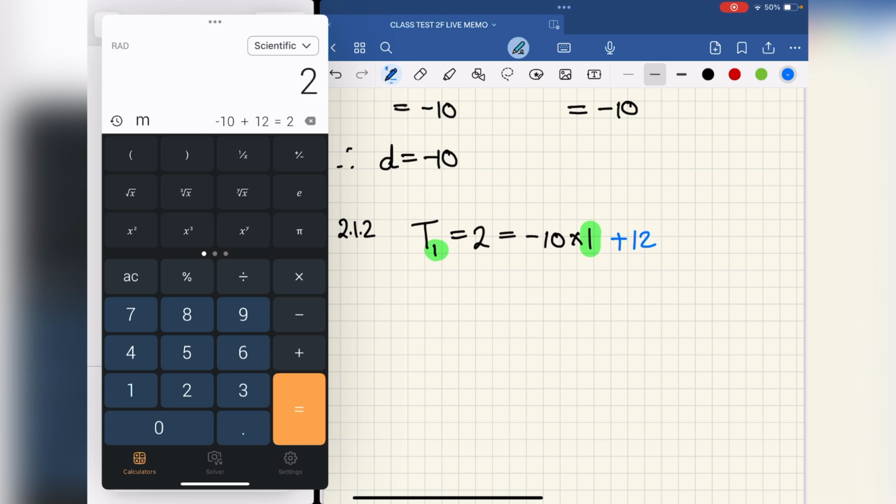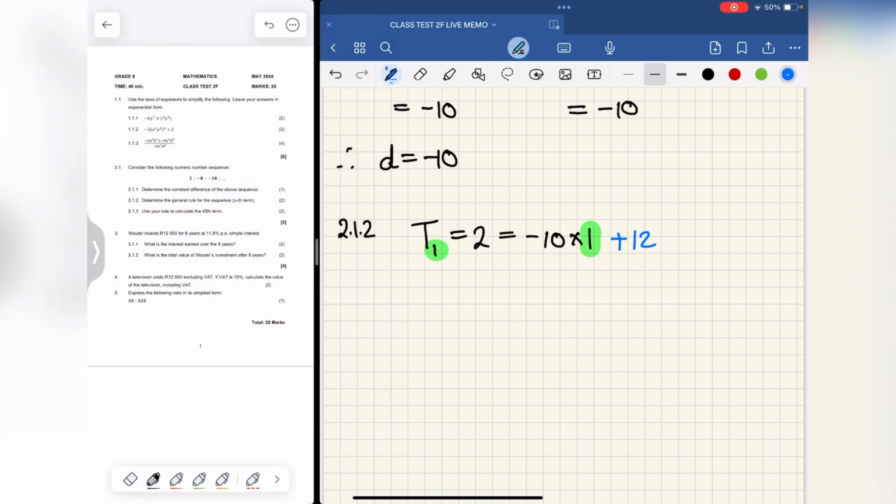okay, it's 2. Now, of course, I'm just making a silly example here, but that is more or less what a lot of you do. So I'm just showing it here, so you can play around with which number you must add to this to make it equal. In other words, to make that number sentence true. So it is plus 12. And again, if we look at